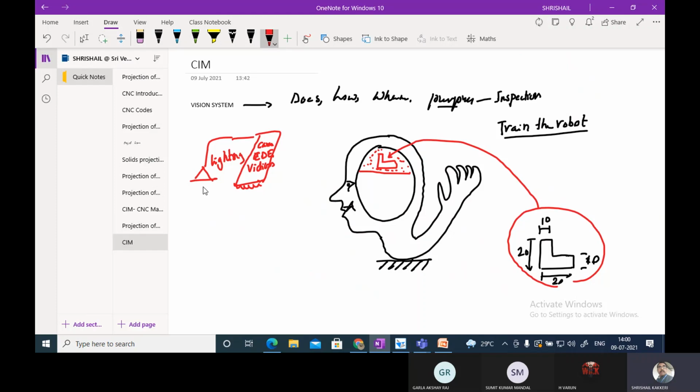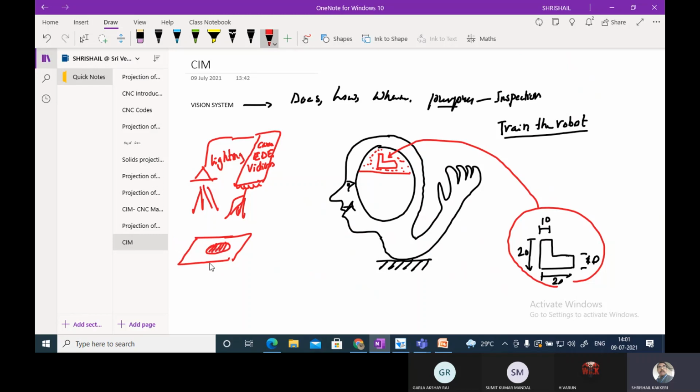So by having a proper lighting technique and a vision system, we are going to capture the image of the object. For example, this is the object, and we are going to take the image of this.